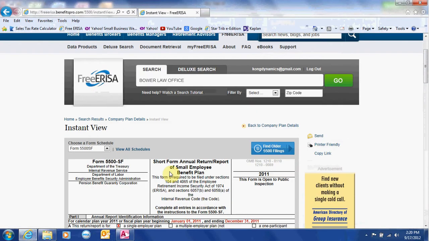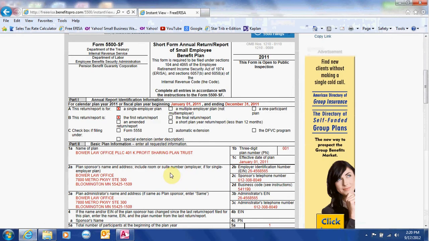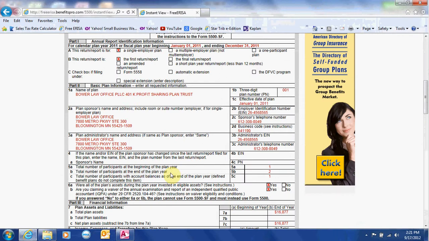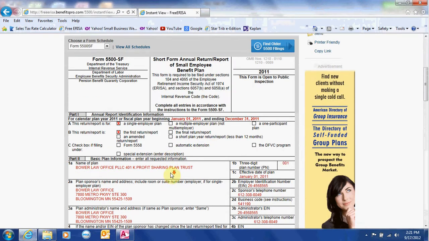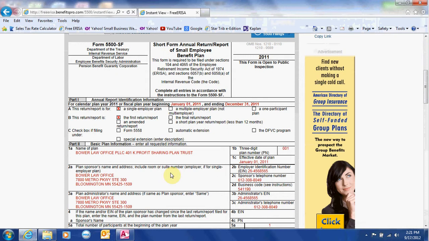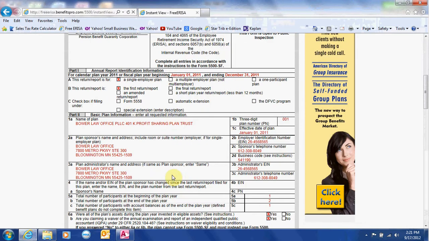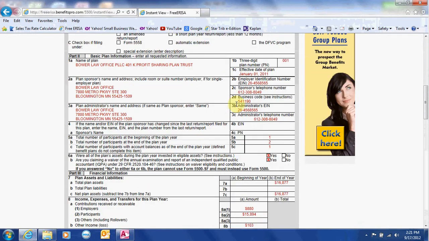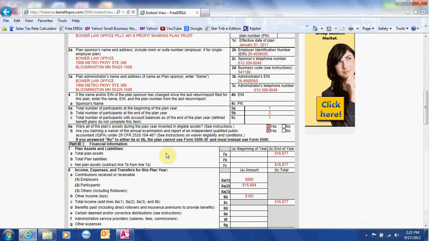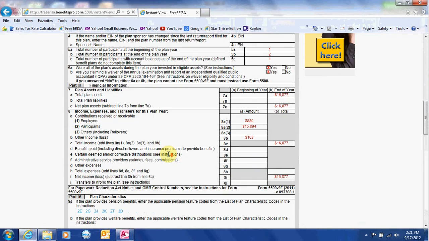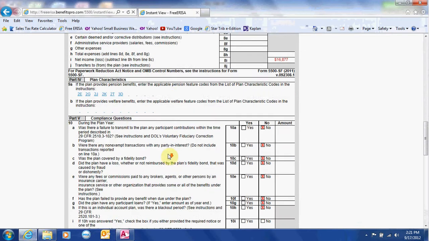There's only one that comes off the Department of Labor, so now you'll have access to this wonderful tool, because it's just hard to use Free ERISA to look. I mean, all of us have been up here looking at this one at a time. You've got to spell the name just right or it doesn't come up. What do you do with this now? Can you download this into Excel and do the whole state of Minnesota or your zip code or your city? No, you've got to do it one by one, and then someone's got to fat finger all this into some kind of CRM tool. That's not very useful.